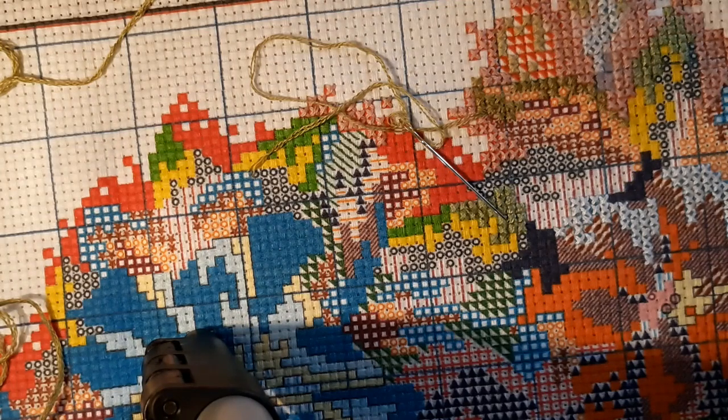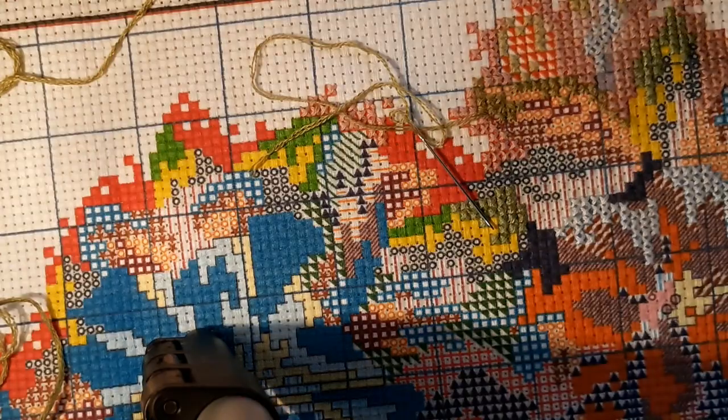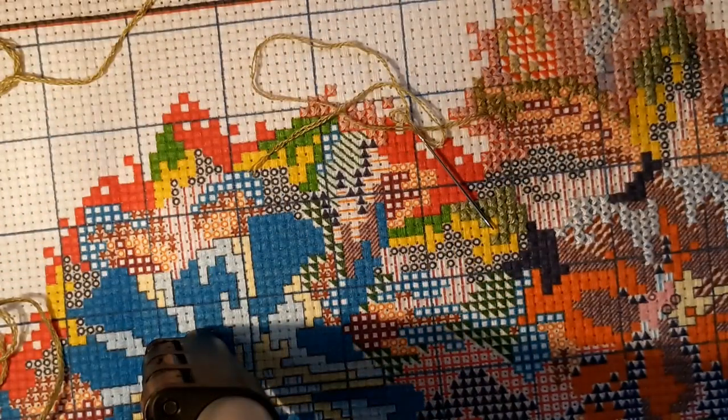So, but I'm kind of being picky and choosy now, and going after things that I want, that I think are going to be beautiful when they're done. I'm just kind of being particular, shall we say. I'm not set on this for the rest of my life or anything like that. Of course, I know I got enough stuff to do it for the rest of my natural life, but,